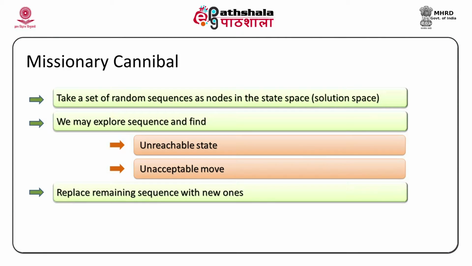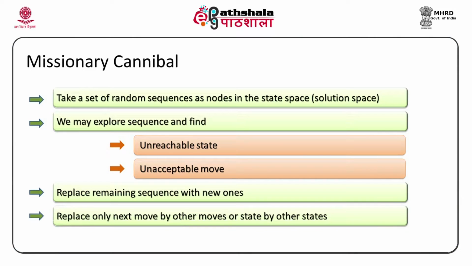So, what you can do is apply the variable neighborhood descent function. If you use sparse, you can just replace it by the remaining. Suppose there are 10 moves and you reach the 7th move which is not acceptable. So for 7, 8, 9, 10, the 4 moves, you can take all combinations of that and try. That is one way. And then it is quite possible that you take the entire sequence again, which is huge. So the first example is comparatively sparse and the second one is dense.